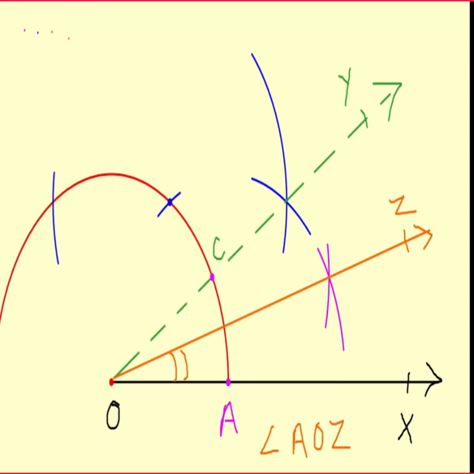So dear, you will get this angle, that is angle AOZ equal to 15 डिग्री. ये दोस्तों आपको 15 डिग्री का एंगल मिल गया. ओके, सो दिस एंगल इज 15 डिग्री. But if you want to construct angle 7.5 degree, then what to do?